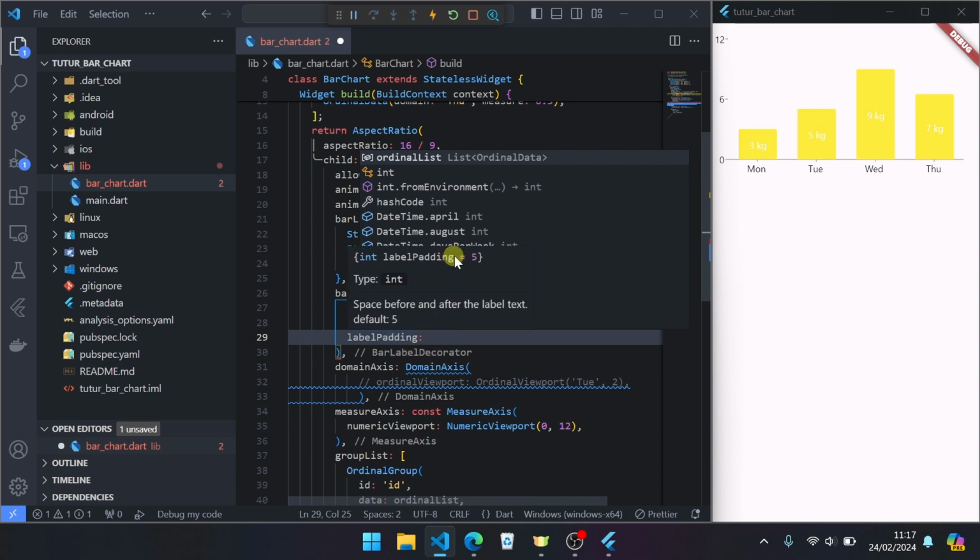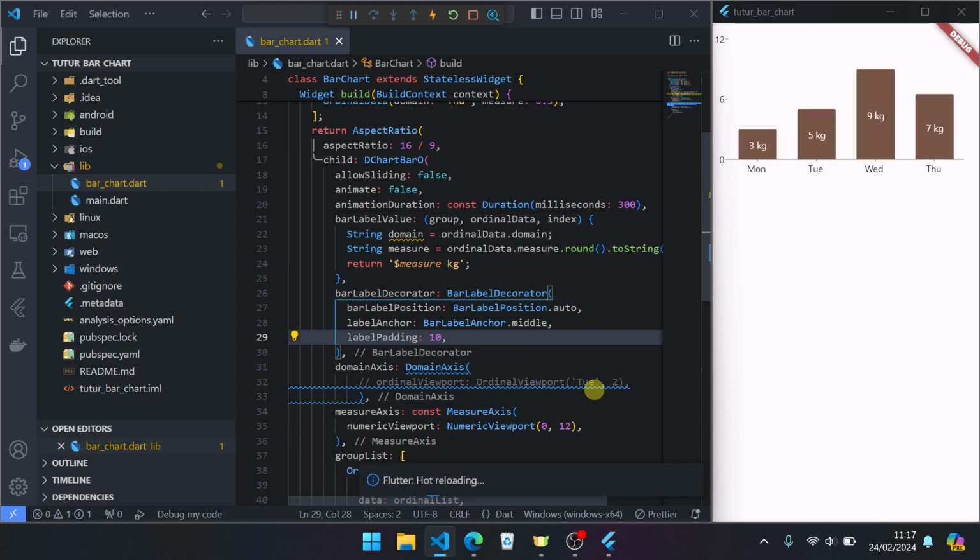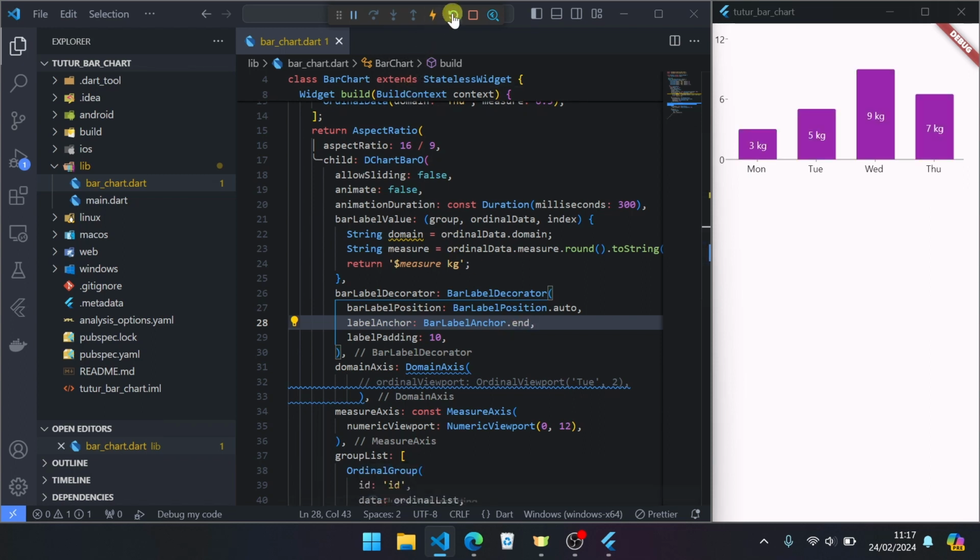Label padding default is 5, change to, for example, 10. Okay, let's start again. Here the space is 10 pixel, 10 pixel, 10 pixel, 10 pixel.